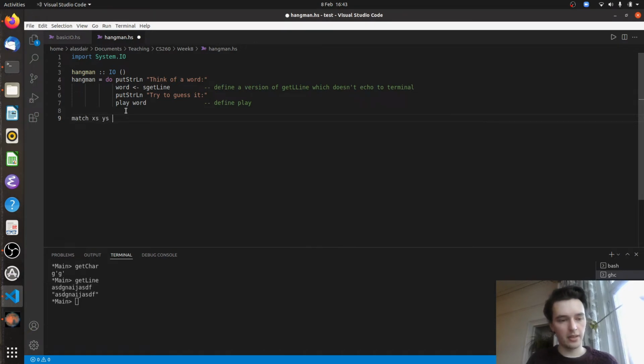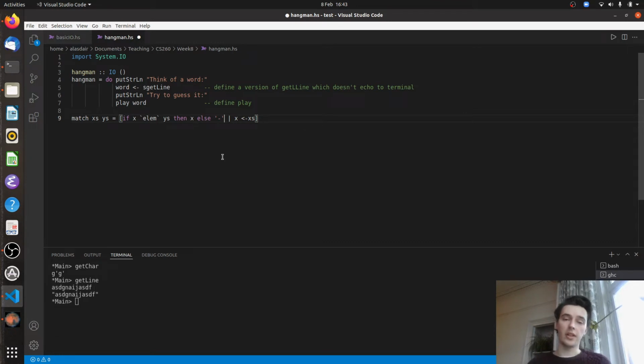So we take an xs and a ys, and this is going to be a list comprehension. First of all, we're going to take each element from xs. So because a string is a list, we can take elements from it as we would any other generator. And then what I want to say is if x elem of ys, then x else